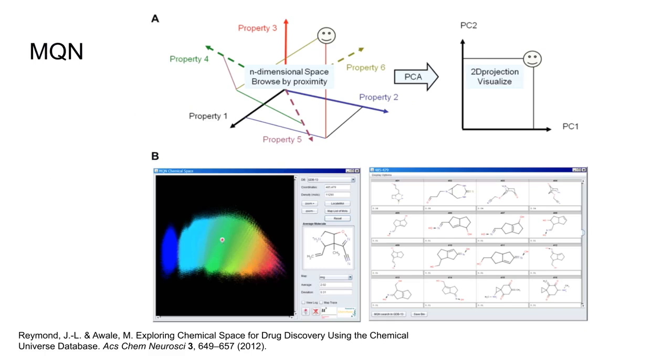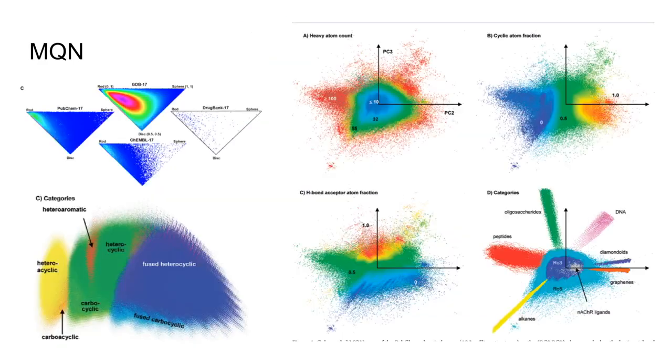One of the most famous methods to visualize chemical spaces is from a paper exploring chemical space for drug discovery using the Chemical Universe database from the Reymond Group, which uses MQN, and these are quantum descriptors or other molecular descriptors such as heavy atom count, topology, number of rings, which are then visualized in 2D or 3D, and from these plots you get the